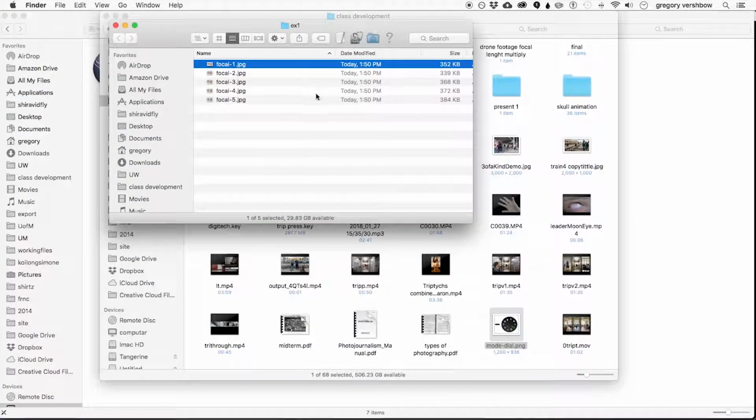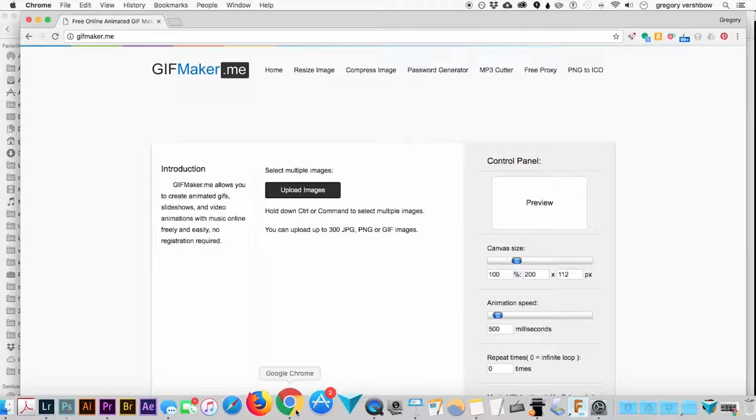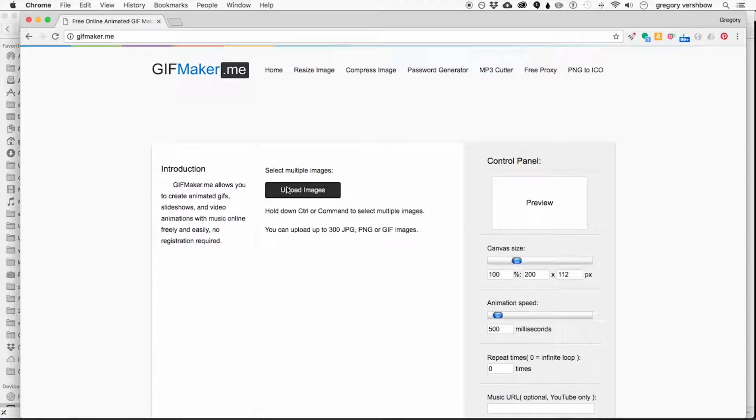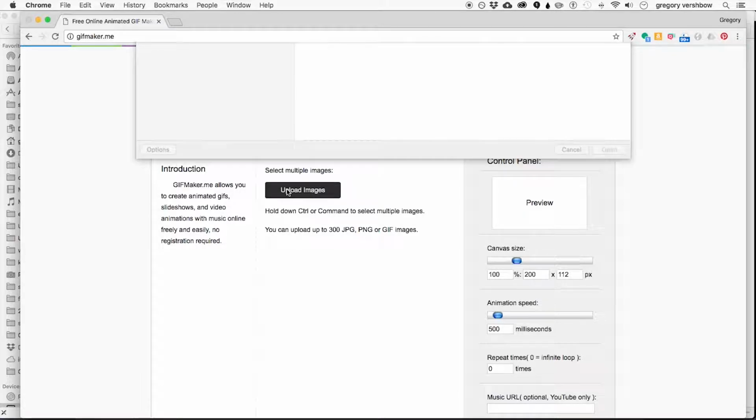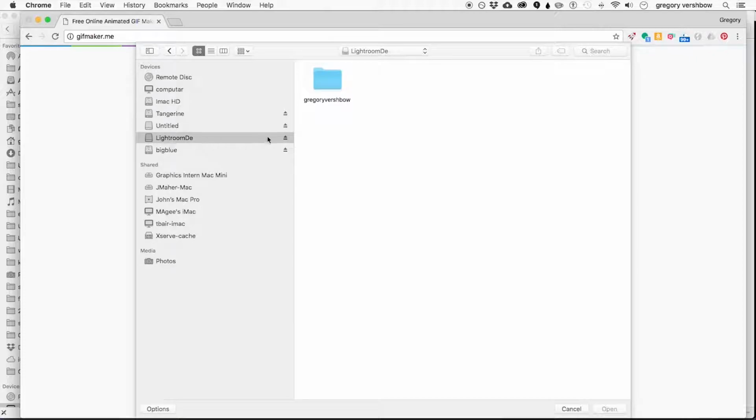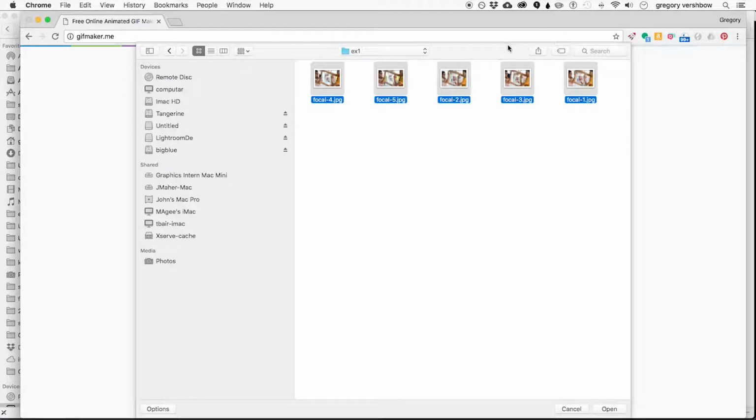So now we've got our files right there. And to put these together into a GIF, we're actually going to keep it simple. We will learn a little later in the class how to make more advanced GIFs and animations in Photoshop, but for the time being, we're just going to use a web app. And in this case, I'm going to use this one called GIF Maker. I simply select Upload Images, navigate to that folder, select all the files,